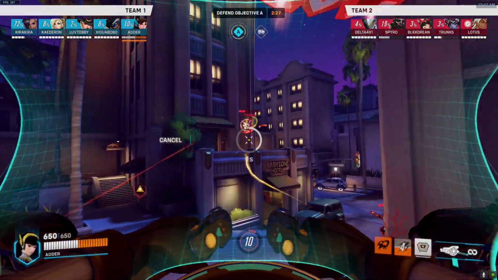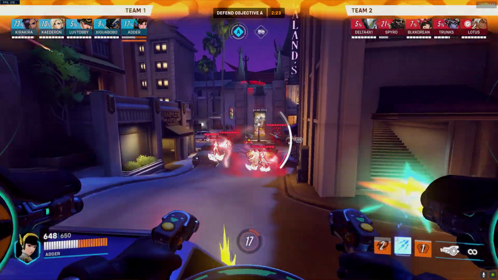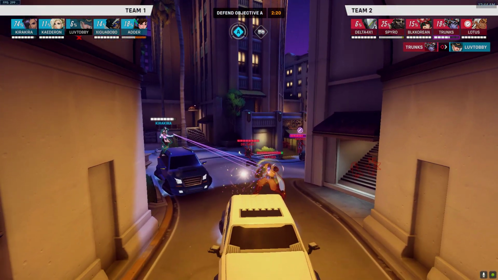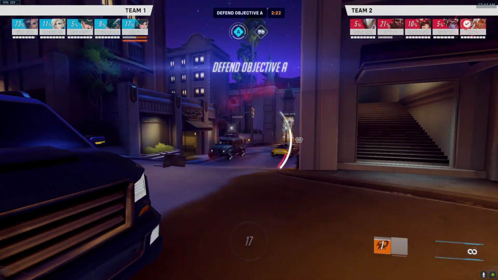It's a good grip. Widow's too far for me to kill her, even at 50 health. Just poking a little bit and then resetting. Unfortunately, she kills the Ashe. I should have actually aimed up right then. I realized right after the fact, because I saw her aiming above me, I should have aimed up to block the